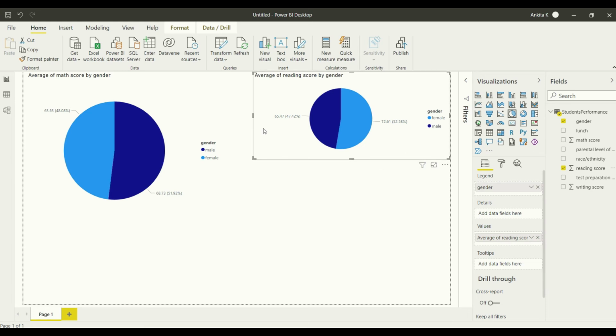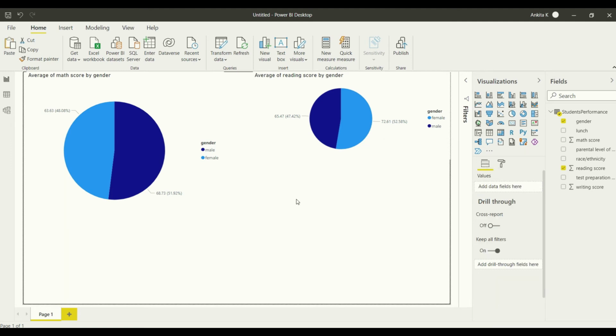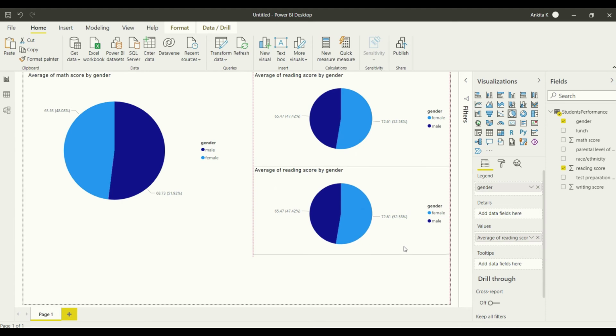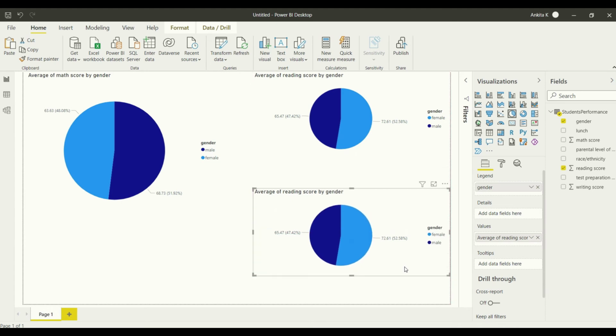Next, what I'll do is, instead of simply a new visual, I can copy this, copy visual, and then simply use the Control V option, which pastes that visual, and I can have that visual again.